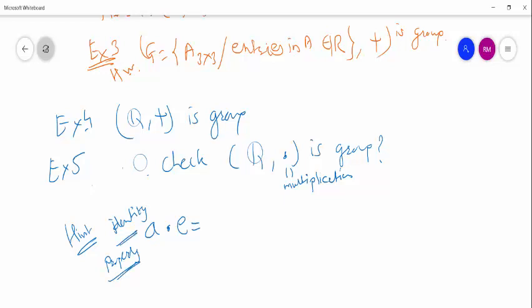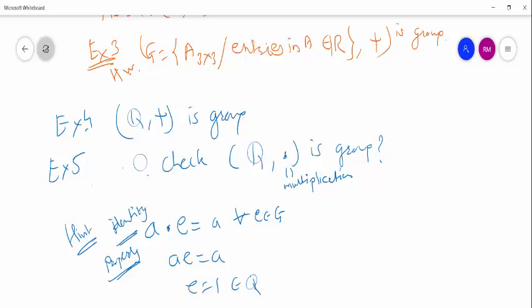So A into E equal to A for all A belongs to G. We have to try to find whether there exists E or not. So AE means usual multiplication, A cancels, E equal to 1, and 1 definitely belongs to Q. So the identity property satisfies,